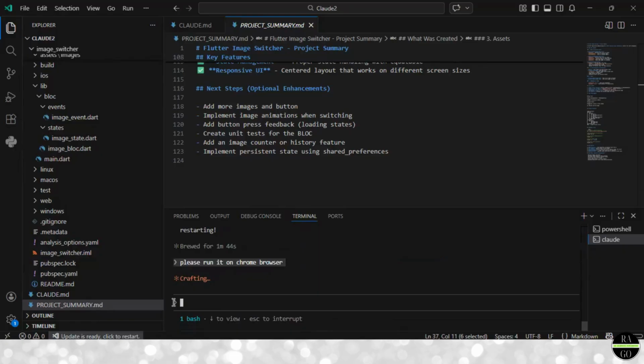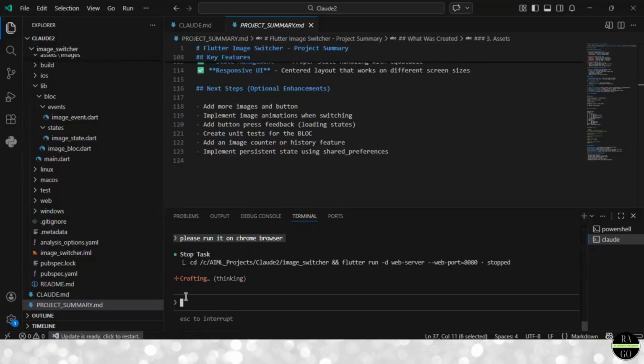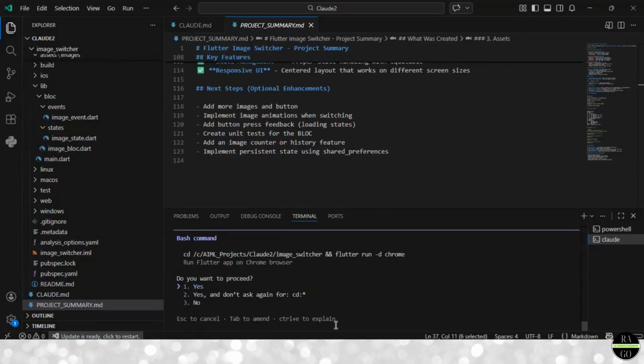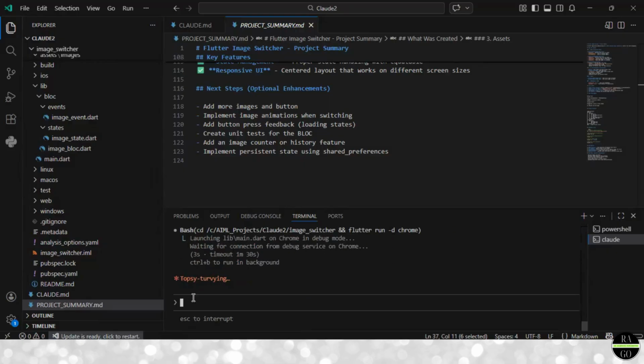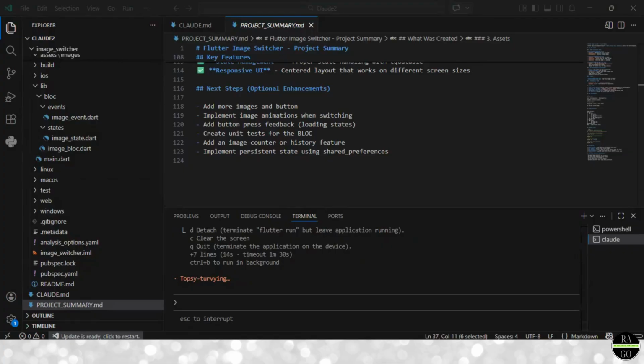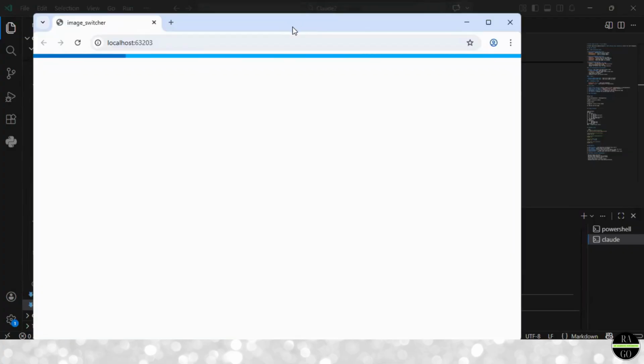Let's see. It should have actually started executing, but if not, we'll ask it again. You want to proceed? Run Flutter? Yes, of course. Let's see. Let's allow it some time, and we'll see it in action. All right, there we go. We have something in front of us,